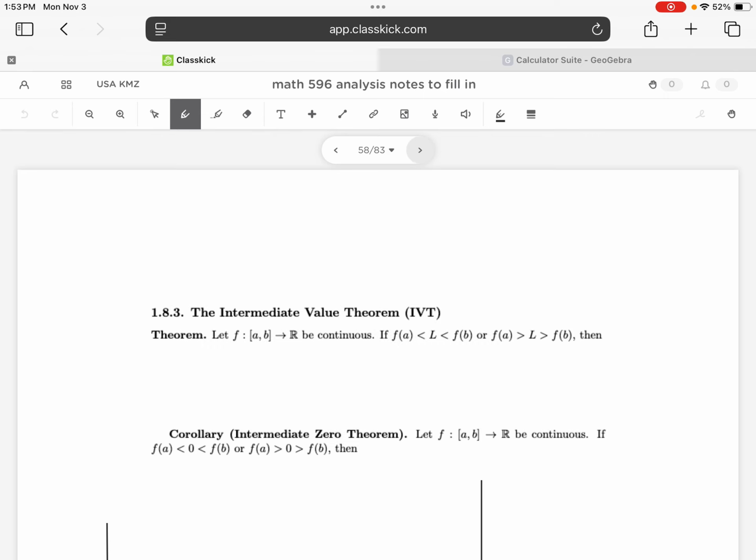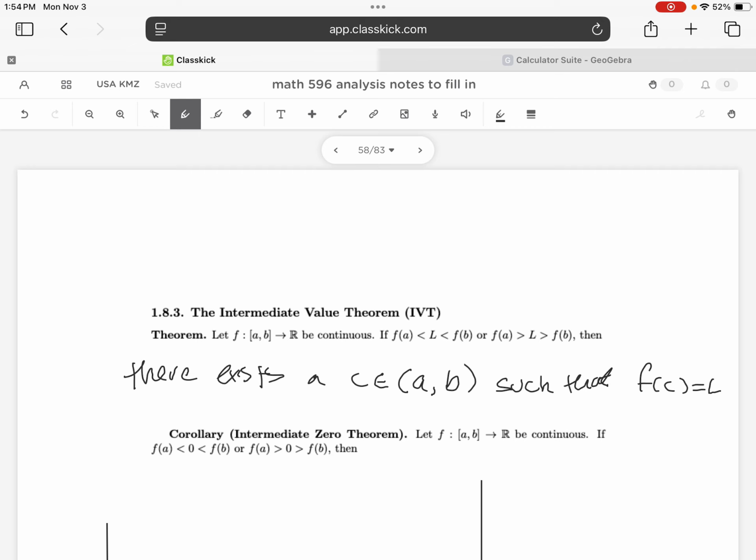So the intermediate value theorem states that if f is a function whose domain is the closed interval from a to b and whose codomain is R, and if f is a continuous function such that f of a is less than f of b with some real number L in between them, or the other way around, f of a is greater than f of b, where L is some real number in between them, then there must exist a c in the open interval between a and b, so you could write c is in the open interval from a to b, such that f of c